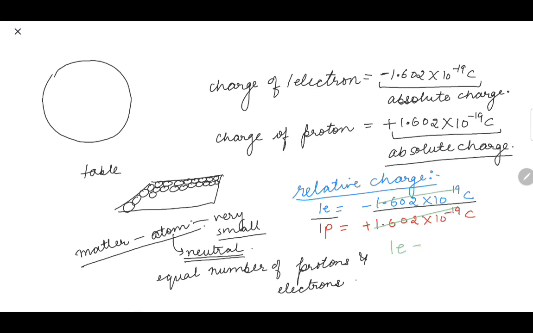I say that the charge of one electron is minus 1 over the charge of one proton is plus 1. This is a very, very important concept to understand in all the chemistry parts, whether it is the mole concept, whether it is your organic chemistry. You have to understand this part that, let's suppose when I say,